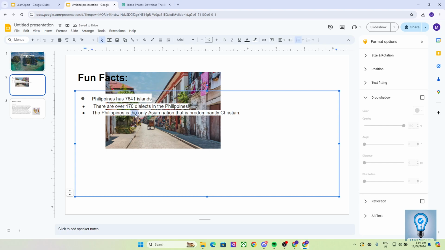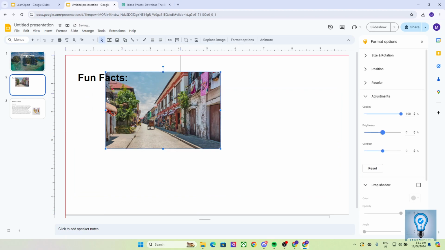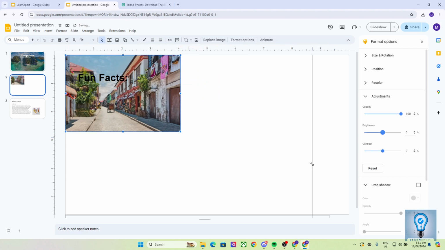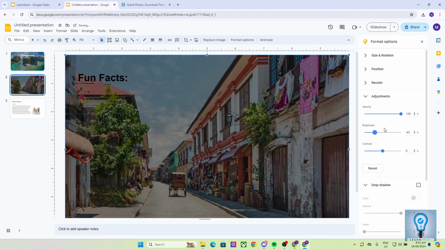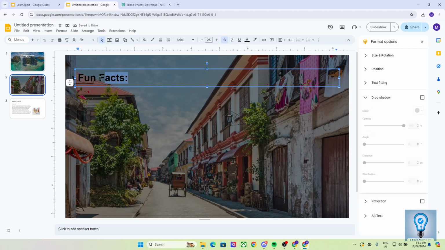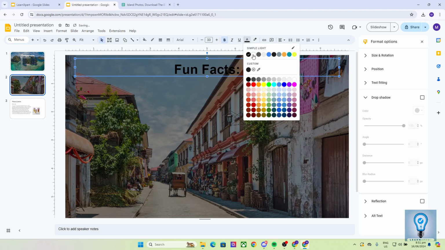Now I'm gonna just copy this text so that we can re-enter it again later, and then move the text box away again so that we can focus on the picture. Resize it again until it fits the screen, make it more dim, and then the fun facts, we are going to change its font size a bit bigger, put it in the center, let's place it a bit higher like so,